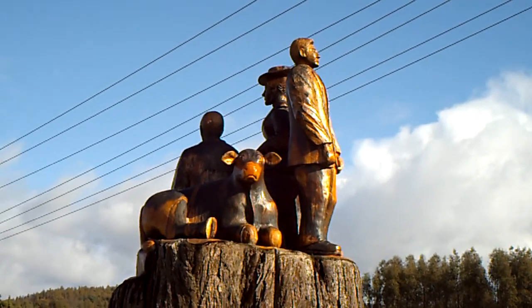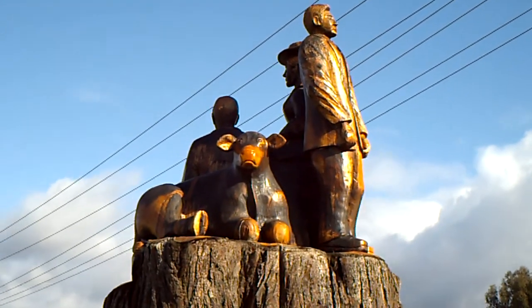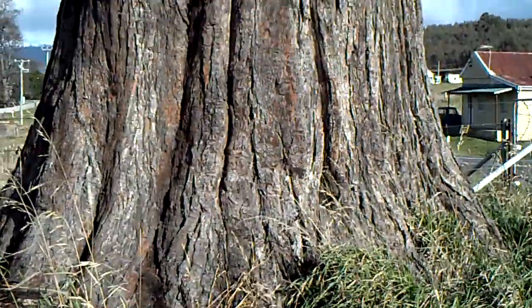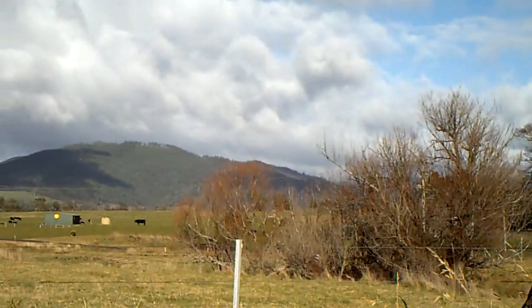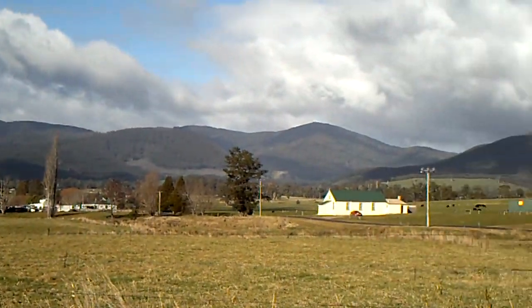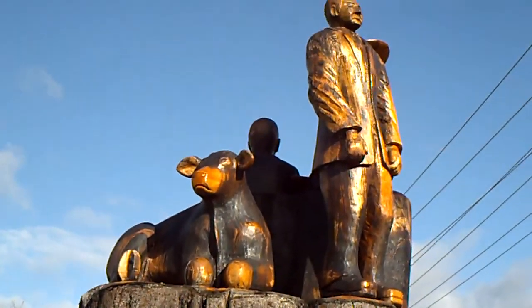Hey everybody, look what I found. Another one of those chainsaw sculptures by Mr. Freeman. And yes, made out of tree. With some of the most gorgeous scenery behind. Isn't that beautiful? Well, I'm in somebody's driveway right now, so I'm gonna keep going around to the front of